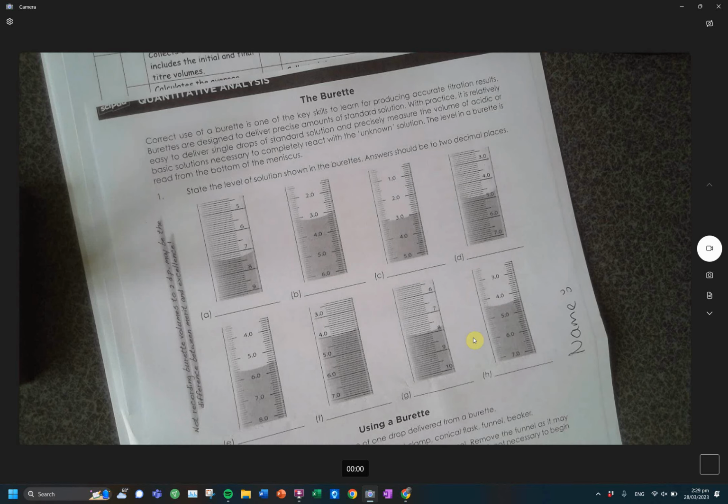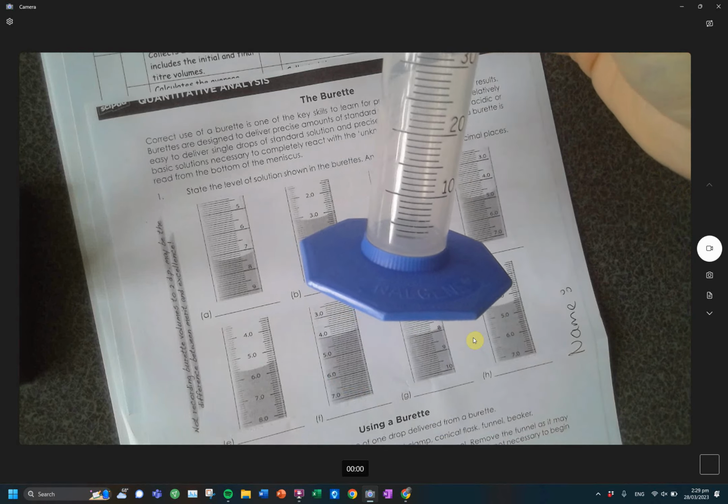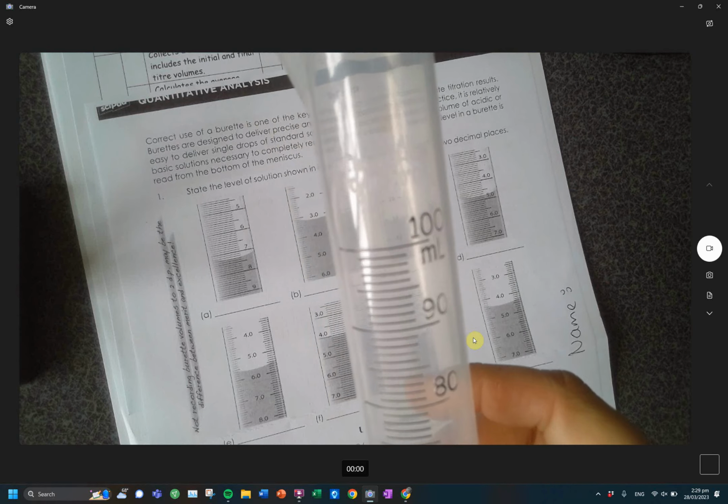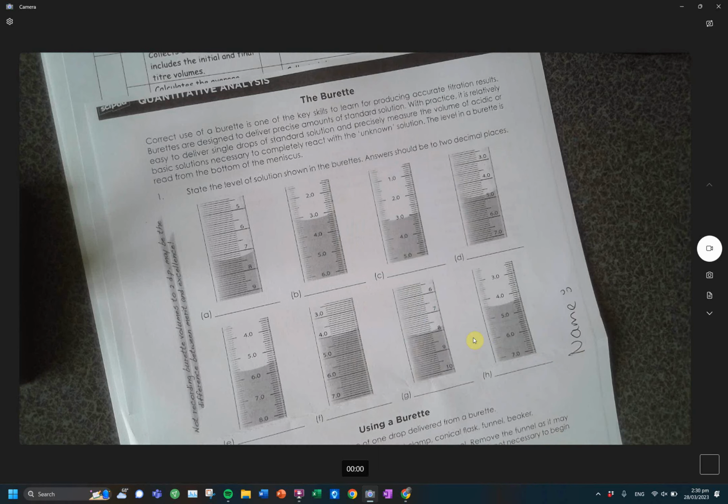Measuring cylinders, on the other hand, have their 0 value at the bottom, whereas their top value, in this case this is a 100 ml measuring cylinder, is at the top. So do keep that in mind. That changes how you will read it, because with the burette you're reading from the top down, because of the direction of where the 0 is. In this case you're reading from the bottom up. So just keep in mind that all the training you have done for